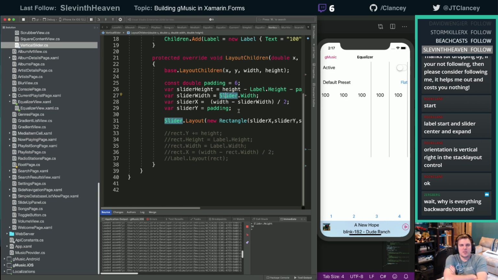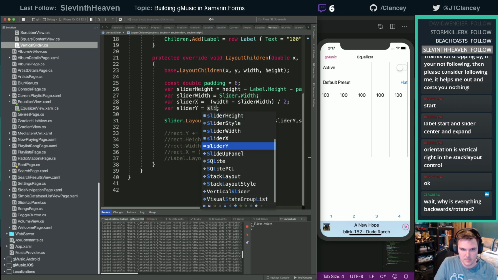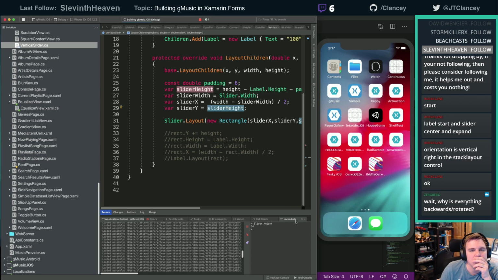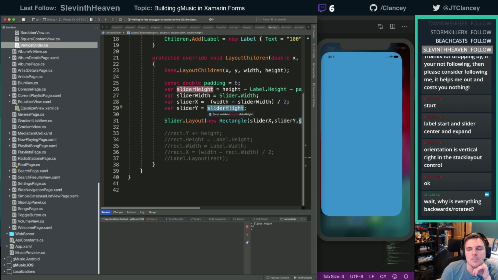I need to know what that point is that I'm moving around. I think this Y is going to be crazy. Let's just see what that does. It might be padding minus slider height.